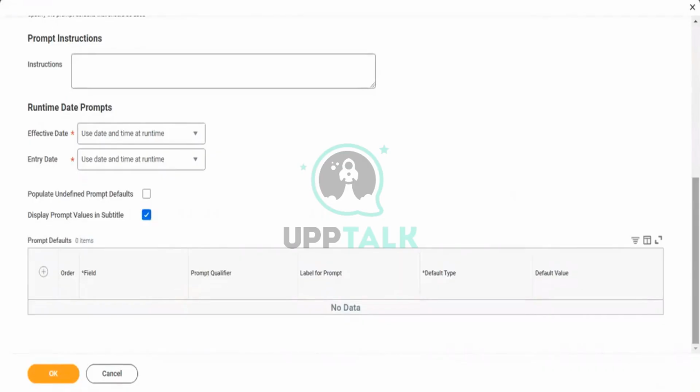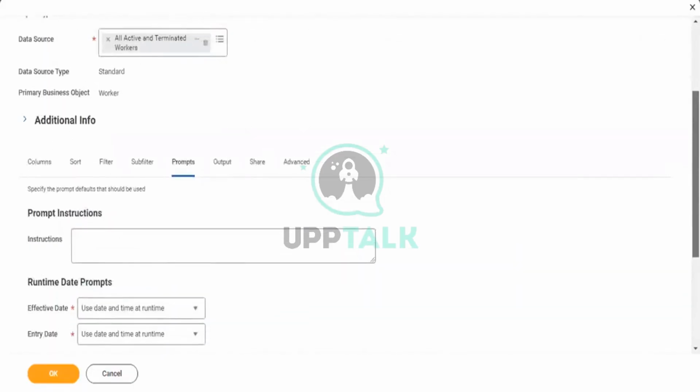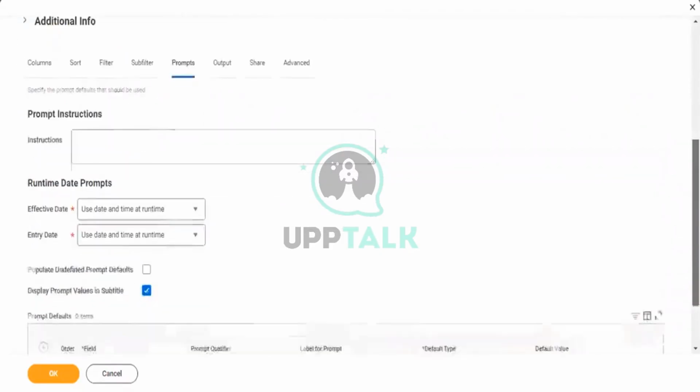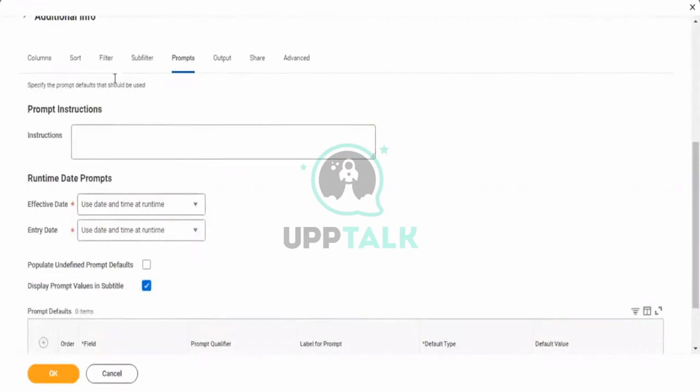Now, let's say your organization headcount is around 10,000. Now you're creating a report and you're testing. When you want to test the report to see whether it is returning accurate data or not, you'll not test for huge numbers of employees, right? You'll not be able to validate that first. You'll be testing for limited employees to see whether all the data is populating or not in your sandbox tenant. In that way, if you want to do that level of testing,